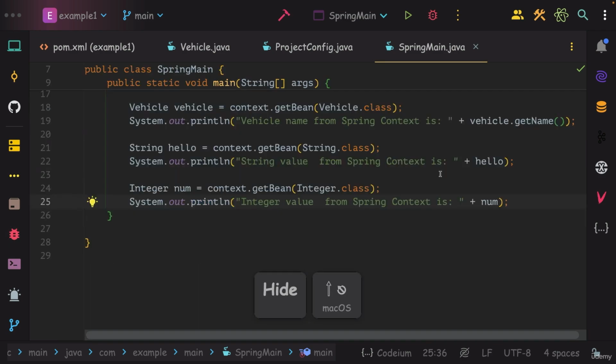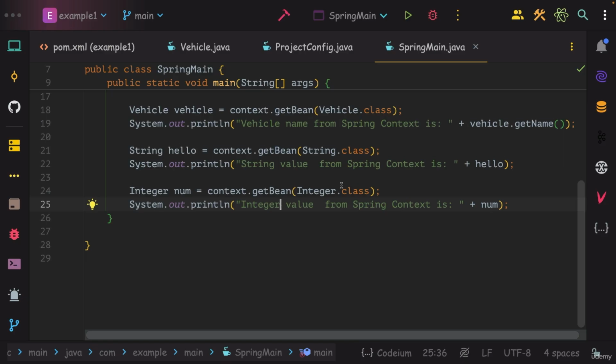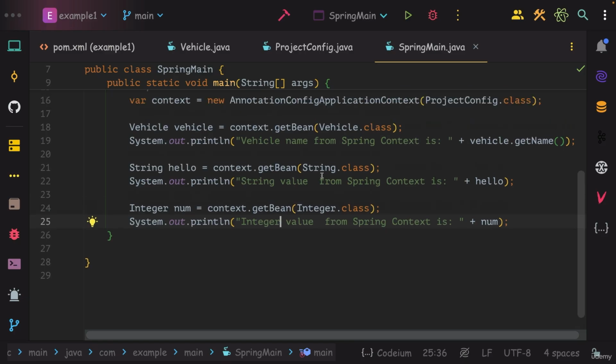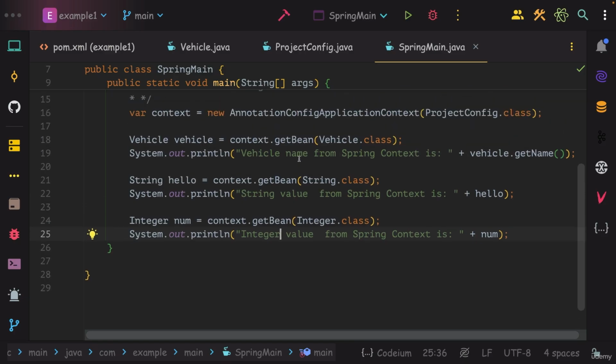I hope now you are satisfied with the proofs and demos. This is one of the approaches on how to define beans inside the Spring framework. Once the beans are created, we can do the dependency injection. All the topics related to dependency injection and autowiring, we're going to discuss in the coming lectures. For the next few lectures, let's focus on how to create beans inside the Spring framework